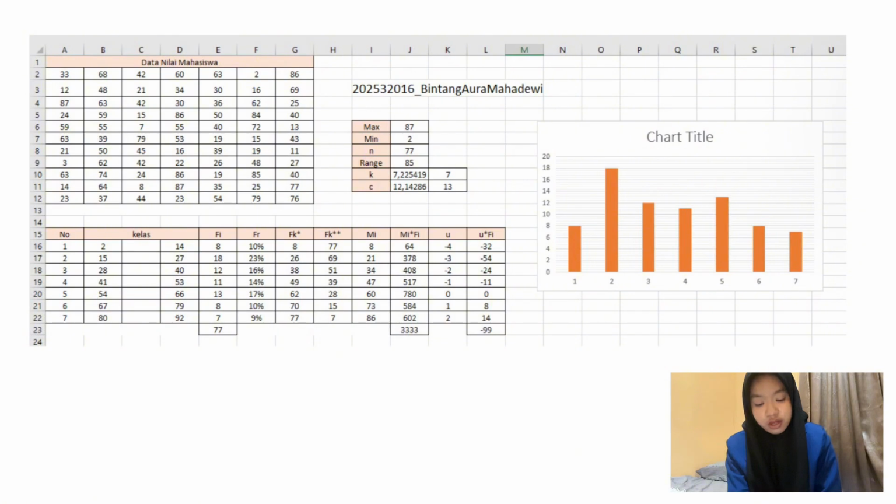This representation provides a clear and more meaningful overview of the score distribution compared to examining the raw data directly, enabling easier interpretation of central tendency, spread, and overall data patterns.